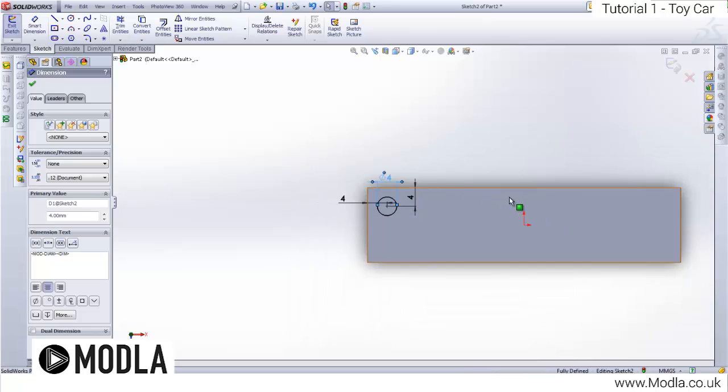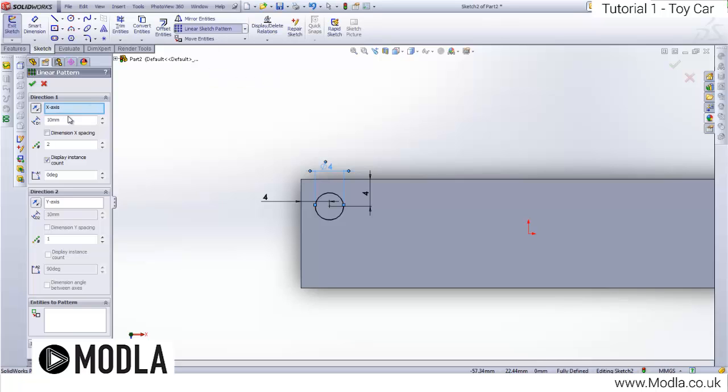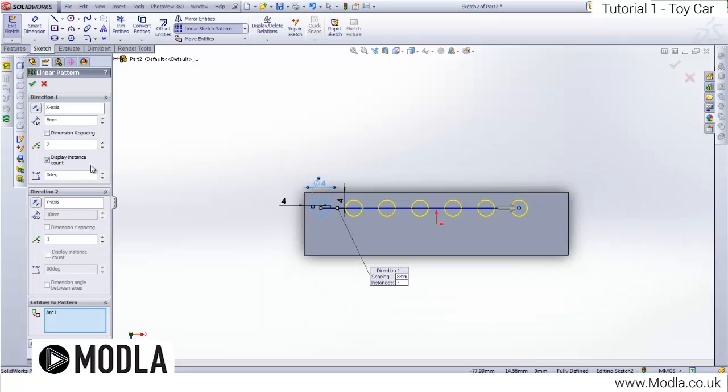Now what we did before is we mirrored entities across, but what we can do this time is use what's called linear sketch pattern. This allows me to pattern this along here by a certain amount of distance and along there. So if I click on my entities to pattern, and I click on that circle, within here we want that dimension to be 8 millimeters. Okay, so look, if we just change the dimension 1, and now we can add a number of different